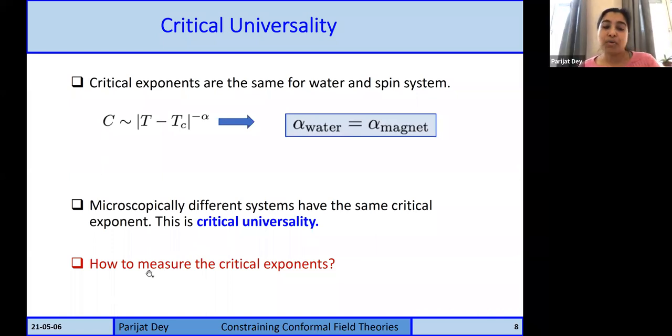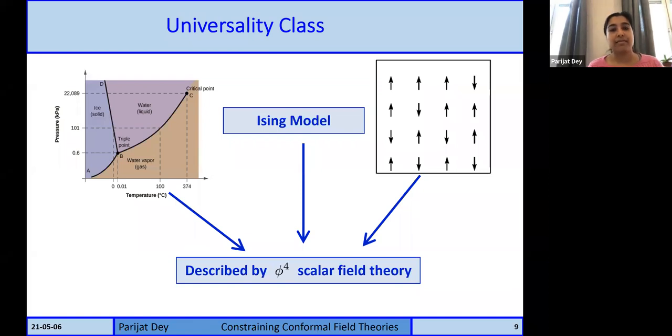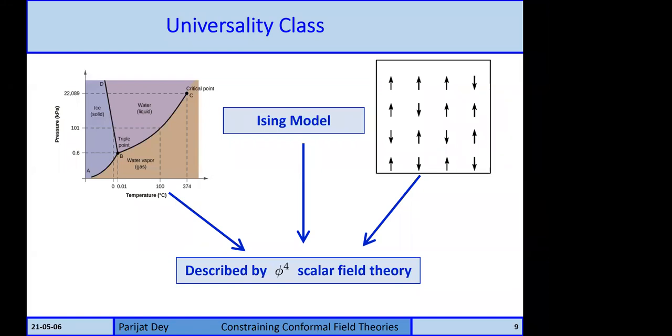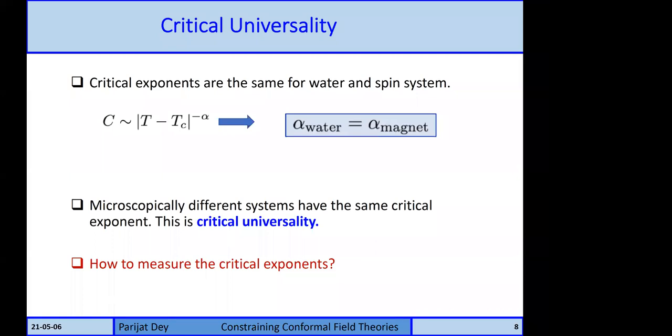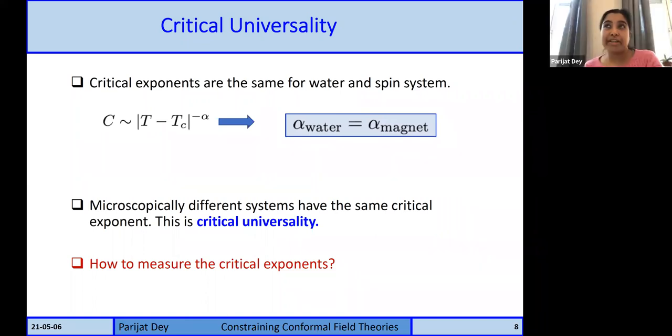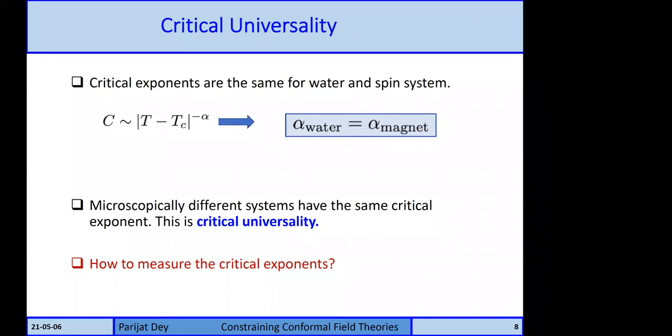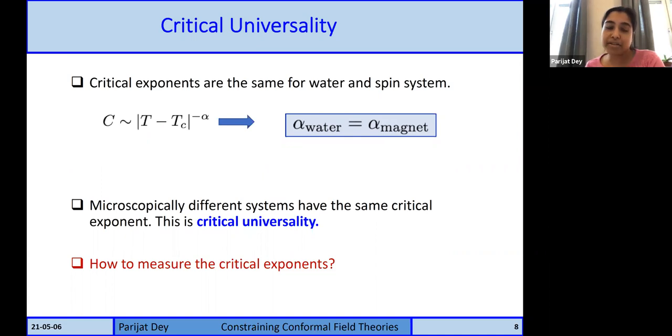So the question is, how do we measure the critical exponents? But can I ask something? This scaling, when you have scale invariance, it implies conformal invariance. Has it been proven in 3D? No, there is no such proof directly in 3 dimensions, but there is also no counterexample. So this is some kind of assumption. But the critical point is conformally invariant. It is not only scale invariant, so all the symmetries are there.